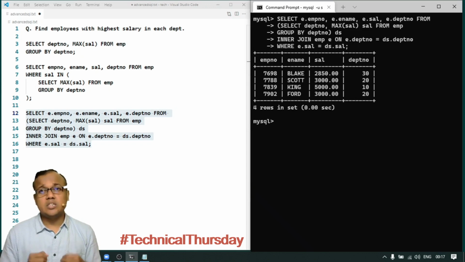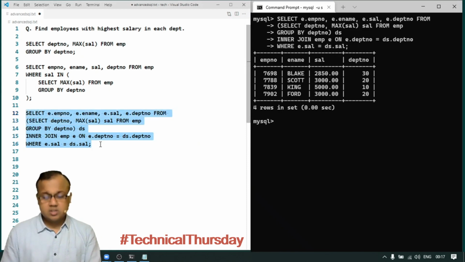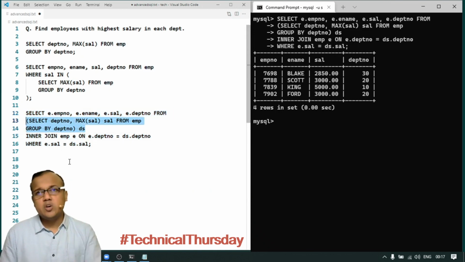However, just to get the accurate result, we made this query much more complicated, because even though this query is doing a join, we have used a join with a kind of temporary table, or technically speaking, a derived table.